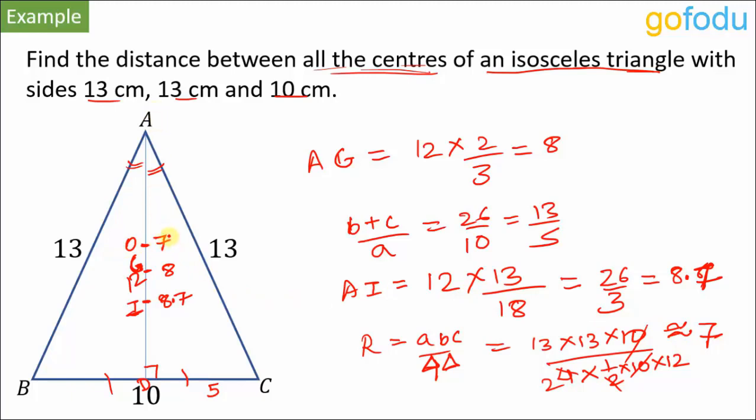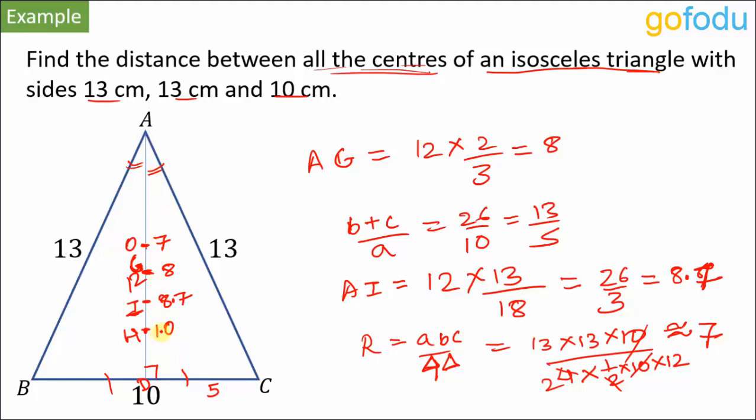Okay. Last one is the orthocenter. Now in Euler's line, we saw that the centroid divides the orthocenter and circumcenter in ratio 2:1. Let's say the orthocenter is here. Now this circumcenter is at 1 unit from the centroid. That means this orthocenter will be at 2 units from the centroid. Okay, this length is 1, then this length will be 2, as the centroid divides the orthocenter and circumcenter in ratio 2:1. So 2 units from this 8 will be 10 units. So H, the orthocenter, will be at 10 units from A.